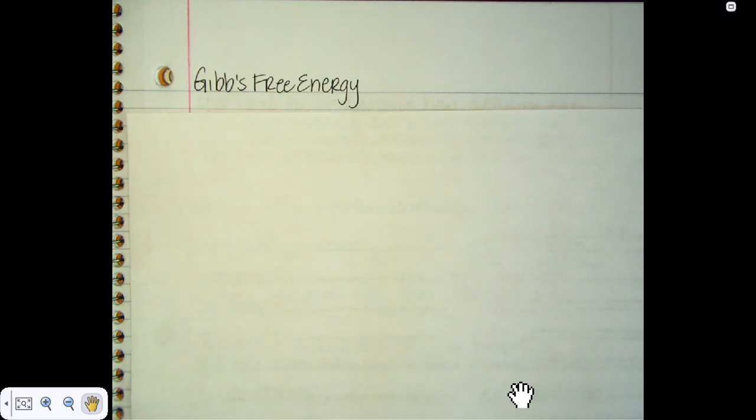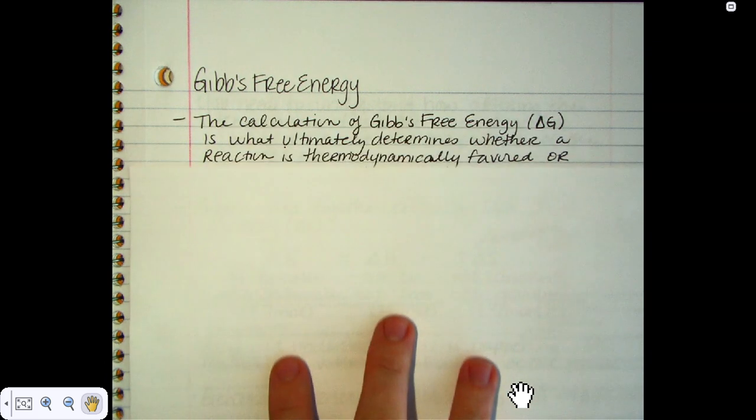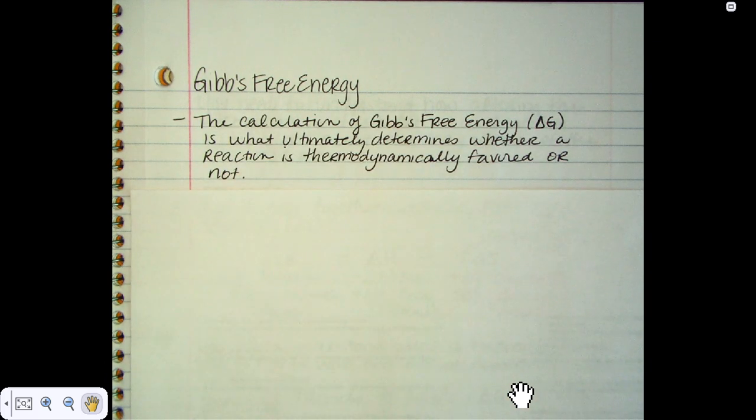Okay, so in this video, we're going to go over the thermodynamic principle that is Gibbs free energy. And Gibbs free energy is really the end all and be all of determining whether something is thermodynamically favorable or not. Gibbs, which is represented by the variable G, is determined by looking at the relationship and the interplay between